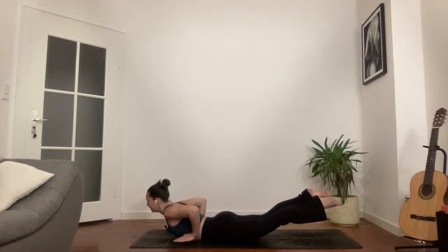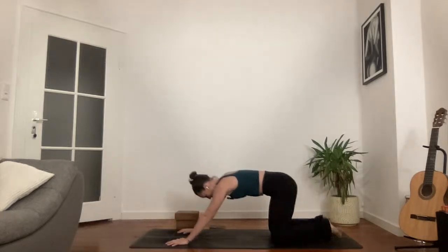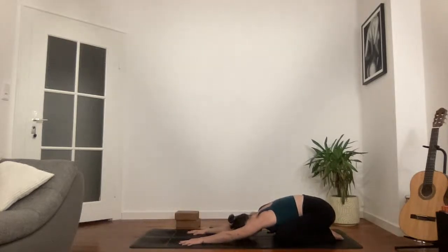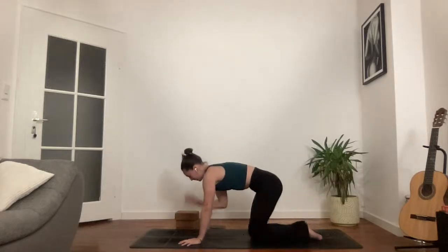One more deep breath in. And then exhale, bring the hands down. Push yourself back into a child's pose, perhaps. And of course, you always have the option to rest here for a few breaths. If you're ready to keep moving